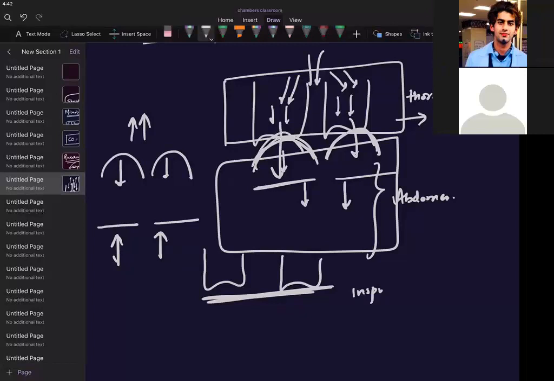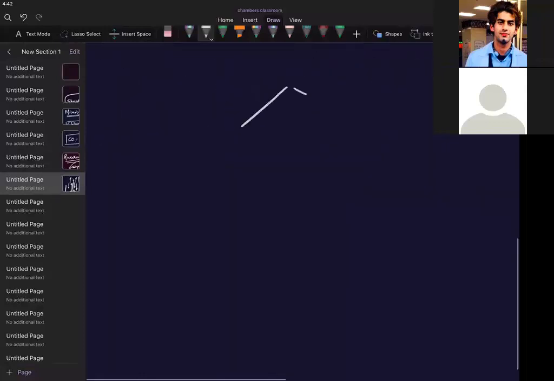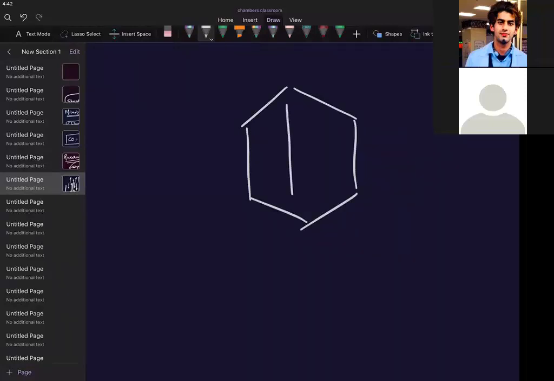Okay, what will happen now? Since you have increased the abdominal pressure, what will happen? Your main vena cavas. I hope you know this. See, if I draw the abdomen like this, you have an inferior vena cava, the abdominal vena cava, running here. Okay, and this is the aorta. So the aorta is on this side.